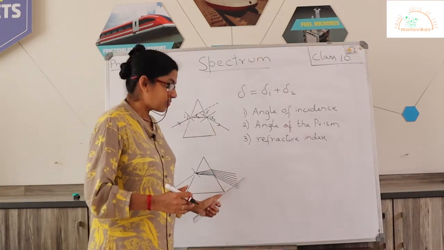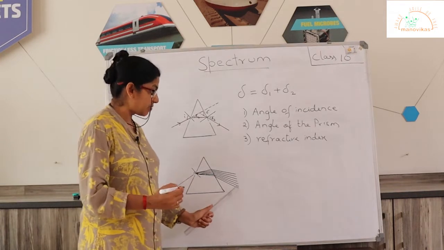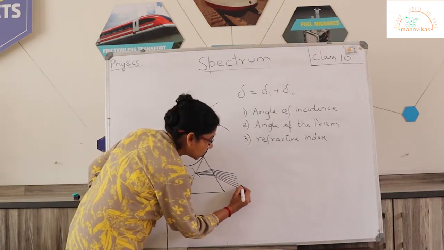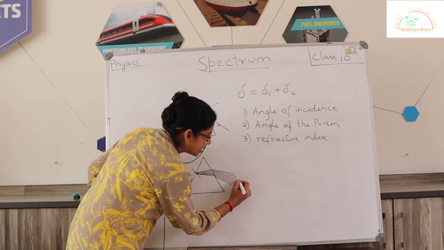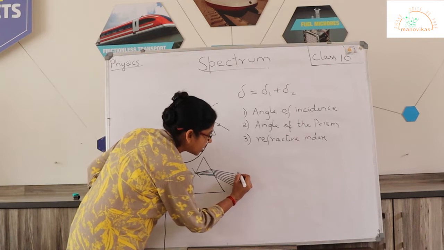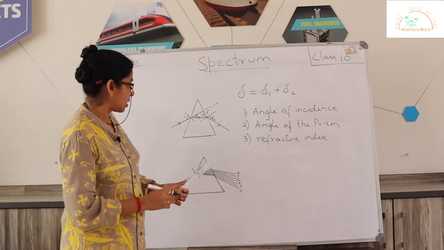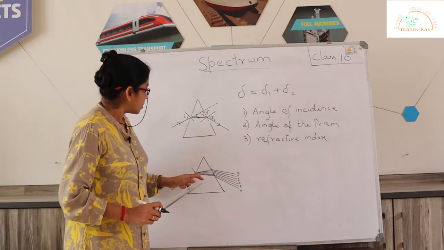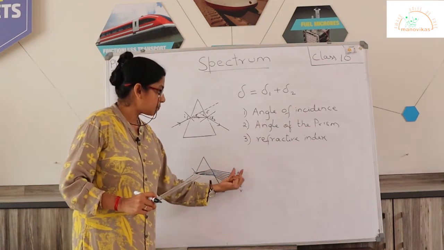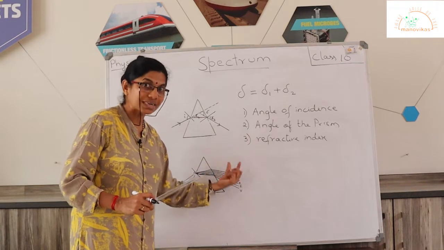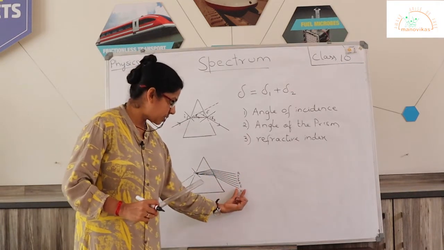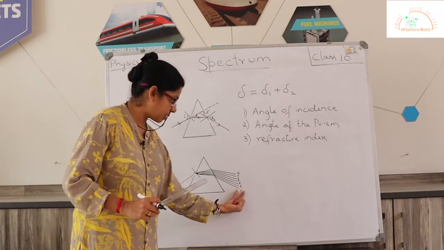And the order in which these colors are placed will be: violet will be right at the bottom, followed by indigo, blue, green, yellow, orange and red. This is the order. Now if you observe, red color has got the highest, or you can say the longest wavelength, so it is placed right on top, whereas violet, which has got the shortest wavelength, will be placed right